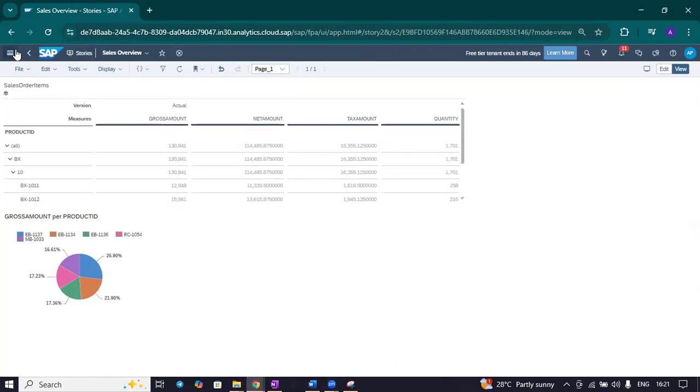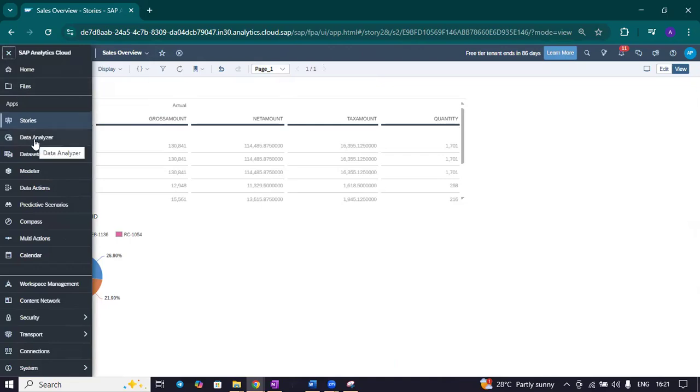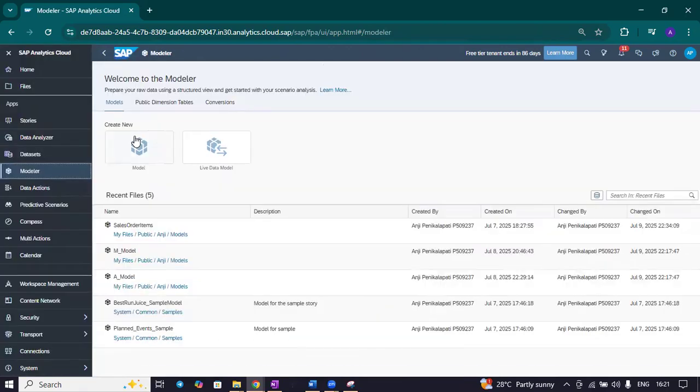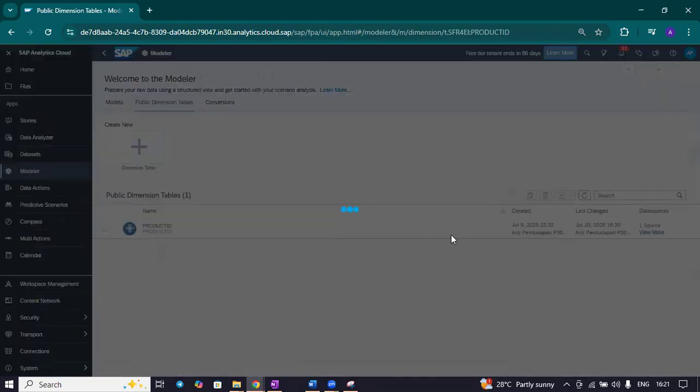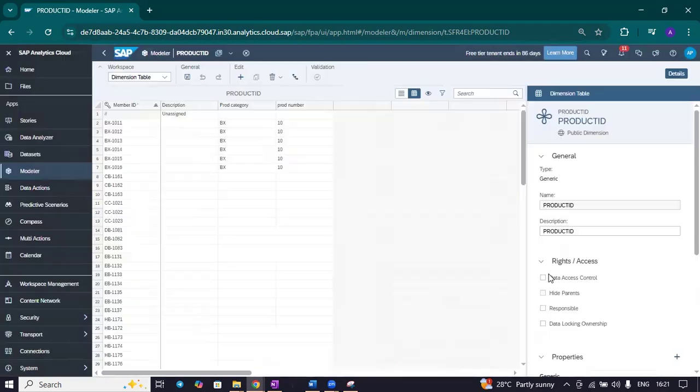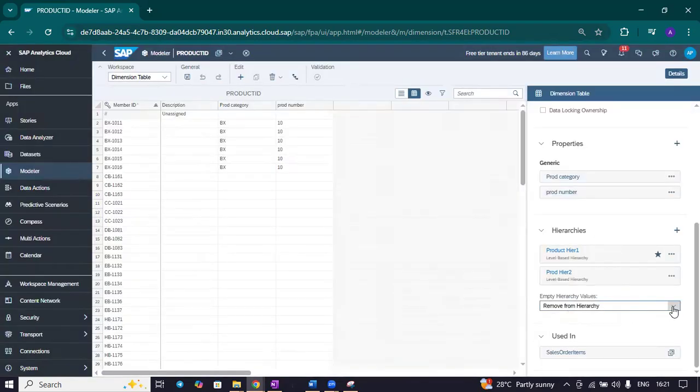only those will be shown. Okay. And now if I go back to other, there is another property. Let's go and change to that one. If you select remove from hierarchy, it will not show all the unassigned nodes. And observe what is the difference between this one and group and show under not in hierarchy. Basically, here no value means, suppose product category, product number, and then member ID, that is a hierarchy, right? So here it will show no value for this level, no value for this level. Under that, it will show all this unassigned. Whereas for this not in hierarchy,